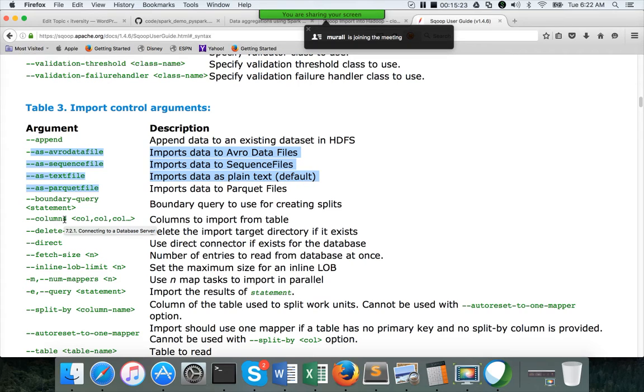If you want to get a subset of columns from a table, instead of all columns, you can use hyphen columns. So table and columns work well together, but when you use query, you should not use columns. If you want to get data only from one table, and only a subset of columns, you just specify the columns you want. In that case, instead of select star while querying the source database, it will put these columns in the select clause and you will only get those columns that are required by applying the boundary query.